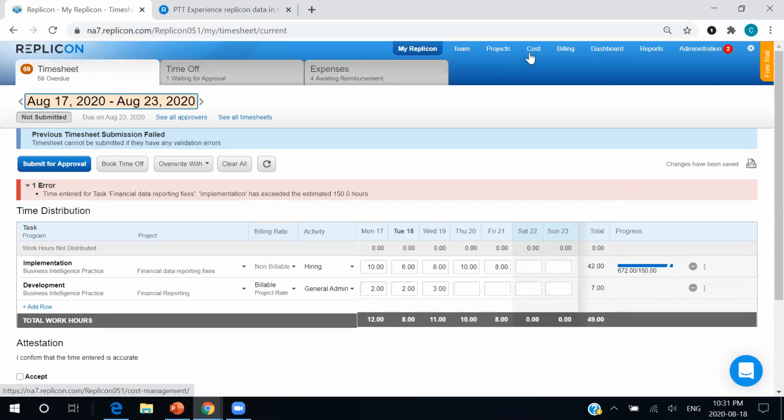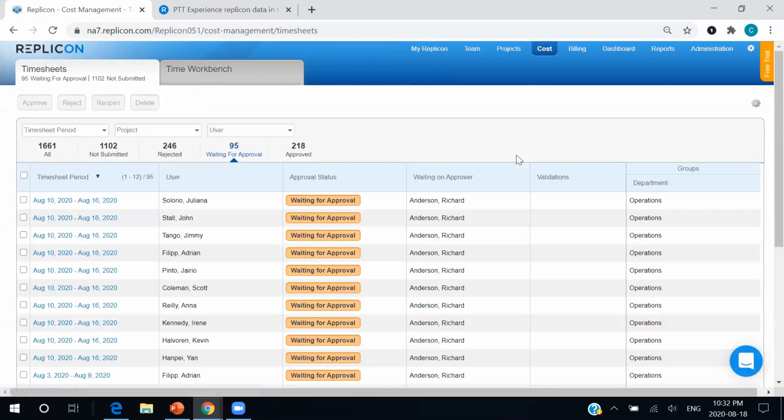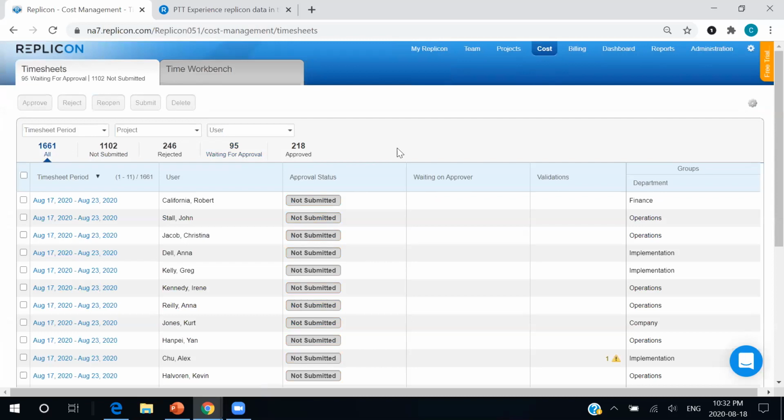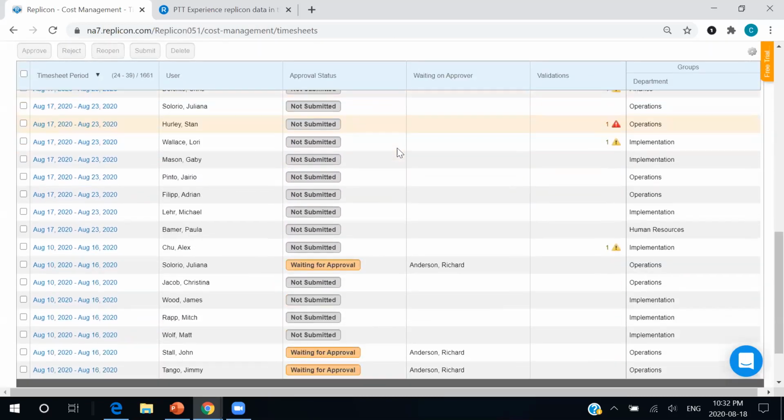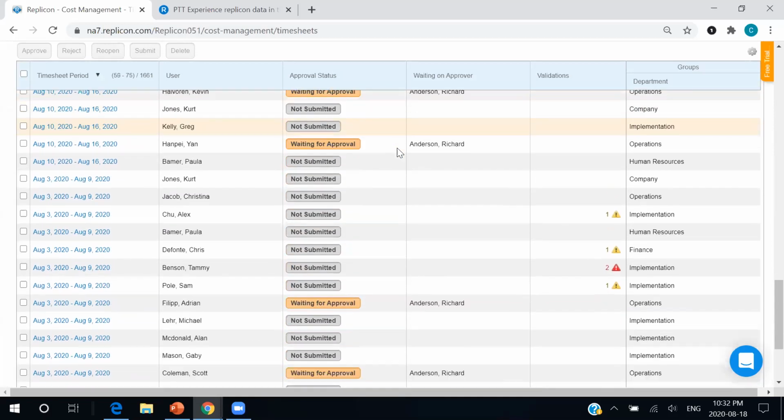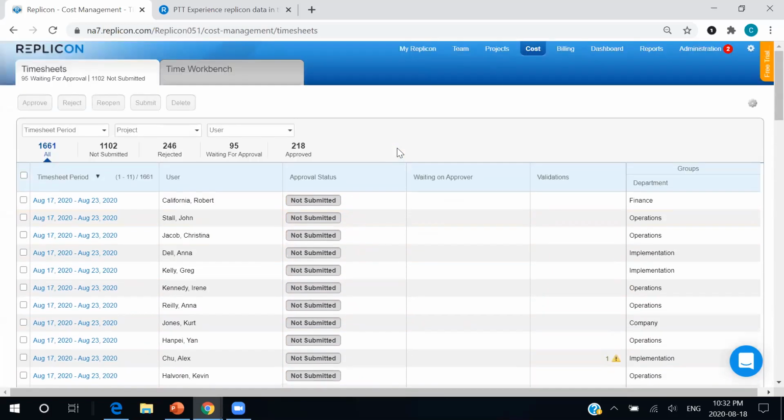And we can drill down even further into these timesheets in a couple of places. One of those is in our cost tab. And here we will have every single timesheet that has ever been created in the history of our organization. So whether it has not been submitted, it's waiting for approval, approved, rejected, we will be able to find them here and we can access them at any time. So if there is ever an audit or dispute, we can always go back in time and understand exactly what happened on the given timesheet.